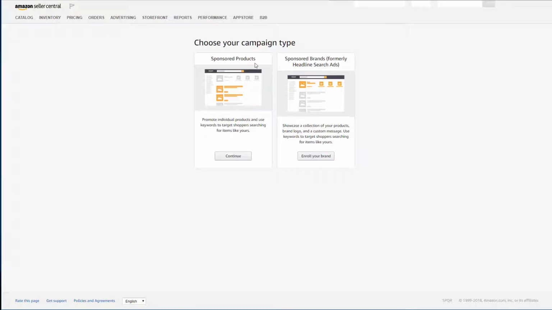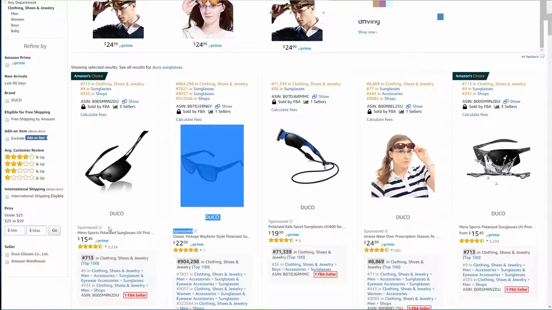The pictograms already tell you more or less what the difference is, but basically if you do this one, the sponsored brands, you get your ad at the top of a page, and this one, the sponsored products, tend to be displayed as if they're organic. You get what you see here. So I'm going back to the other page. You get this little sponsor tag, but it feels less